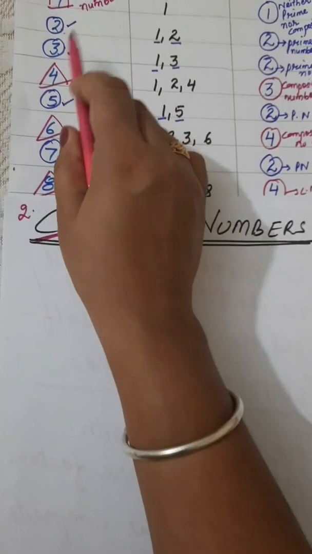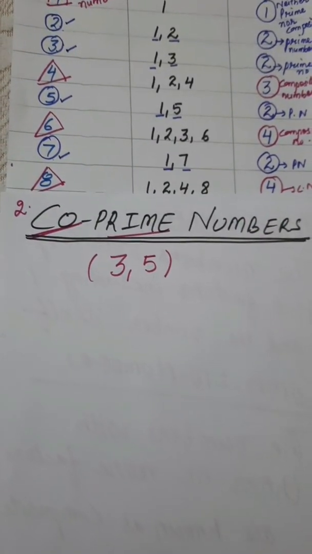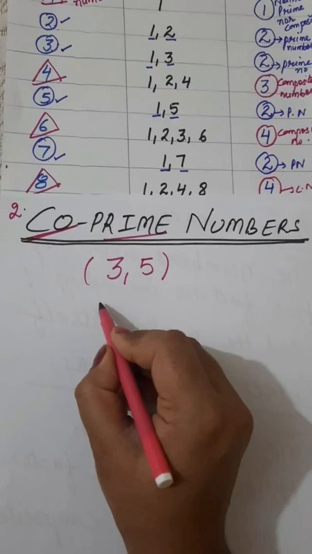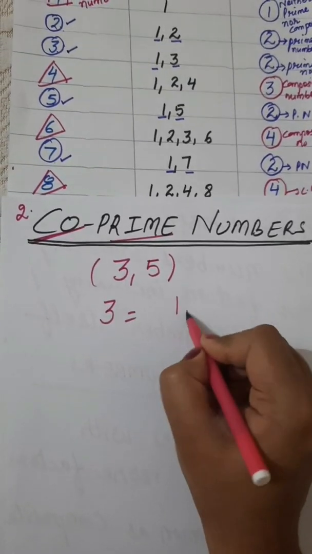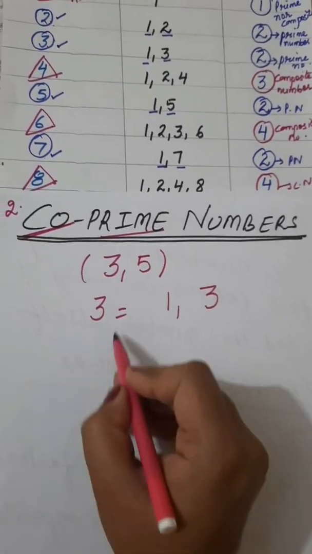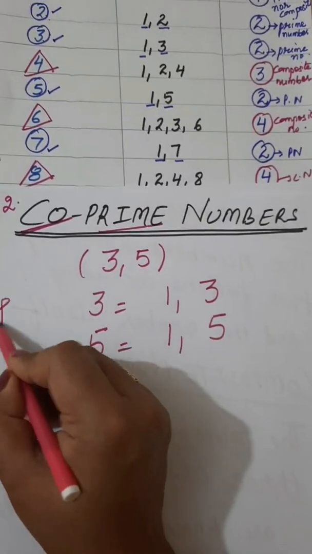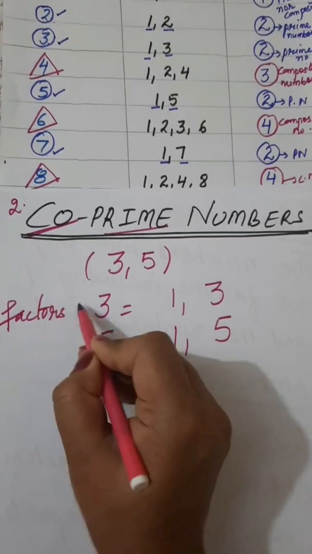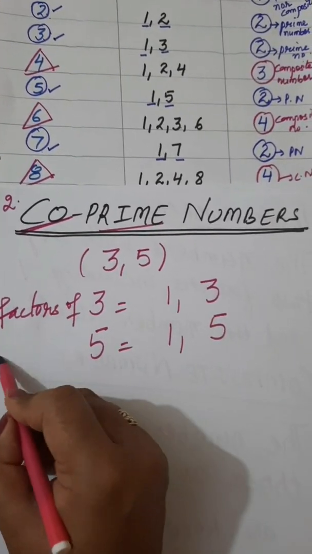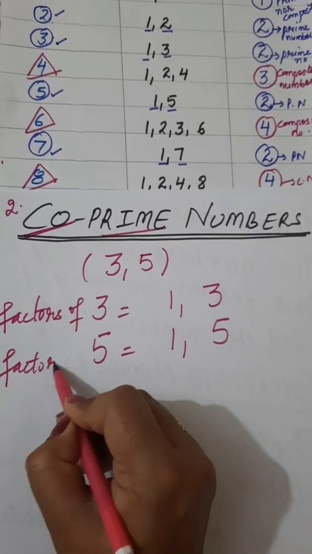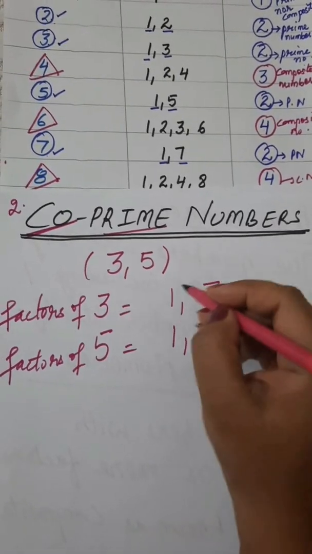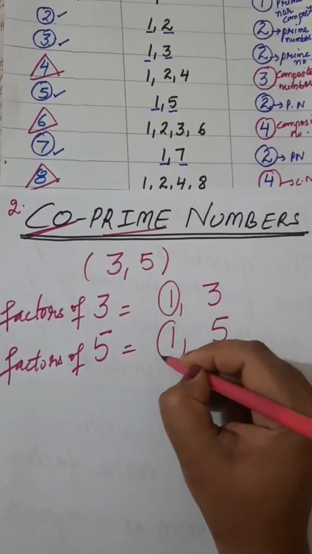We also circle it. Now the factors of 3 are 1 and 3 and the factors of 5 are 1 and 5. In this only 1 is the common factor